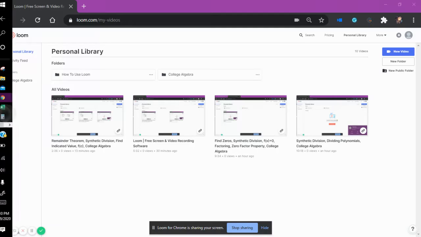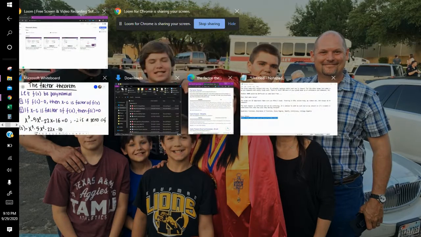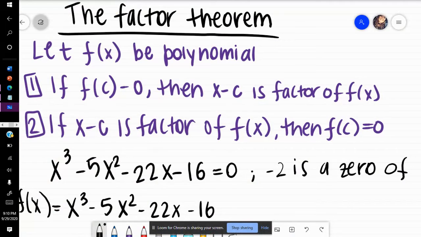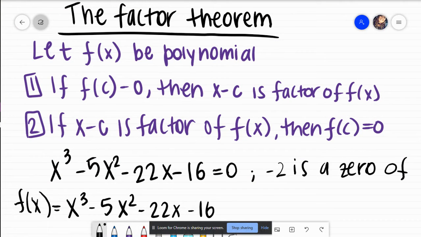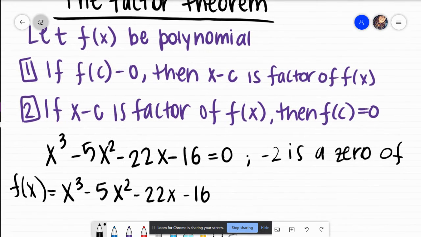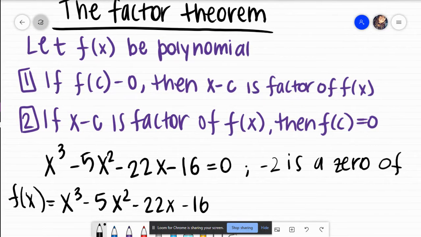Okay, y'all, we are going to do a problem which is going to use the factor theorem. In terms of the remainder theorem, and then thinking about the factor theorem, the point of the factor theorem is actually the reverse of the remainder theorem. So if you synthetic divide a polynomial by, let's say, x equals a, and you get a zero